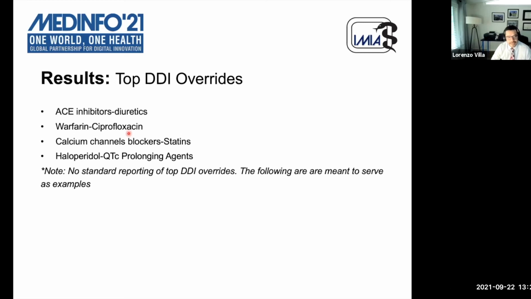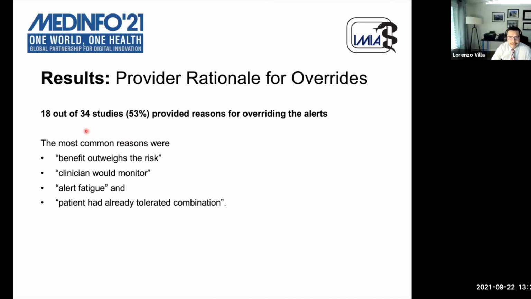So some of these you're going to be using in a chronic way, but then some of these, for example, in the case of warfarin, you're going to use as a chronic agent, but then ciprofloxacin is going to be for acute illnesses, right? So next one. And then this was also really interesting for us to see that 18 out of 34 studies